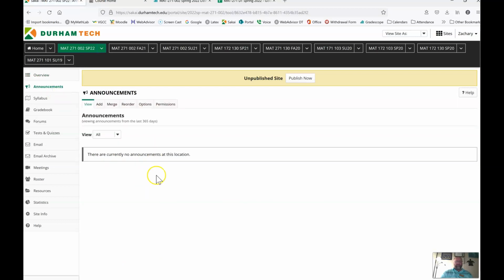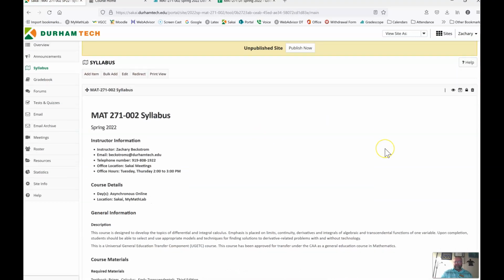All right, so here's the main stuff in order to get started. Let's kind of go down here. Here are the announcements. I don't have any yet, but this is where I'm going to be sending you the bulk of new information. I'm going to send it out to everybody, and it should also send you an email. Here's the syllabus, and there's actually quite a few things that were added to it this semester. So let's go ahead and try to make sure that we're aware of everything.